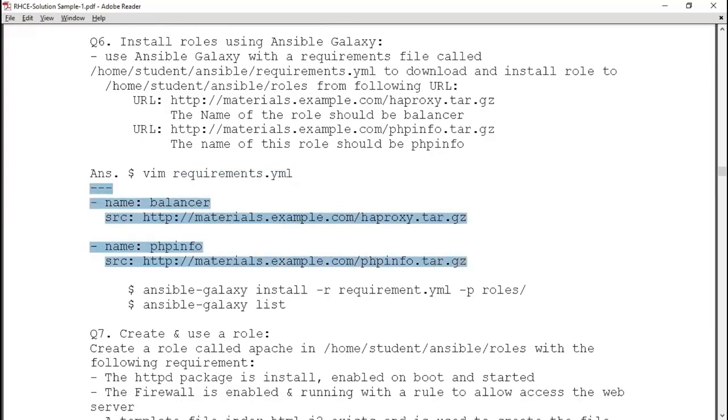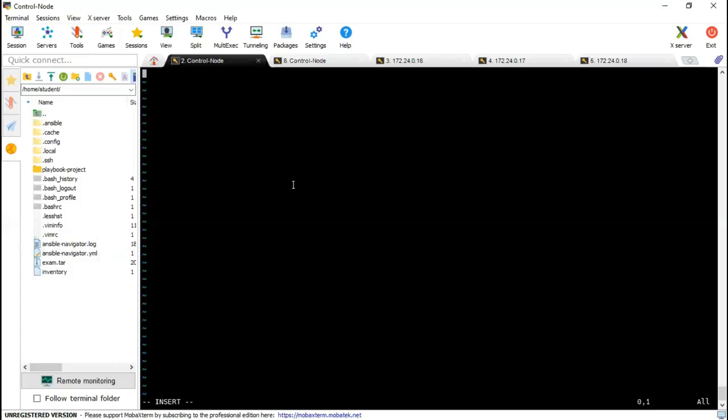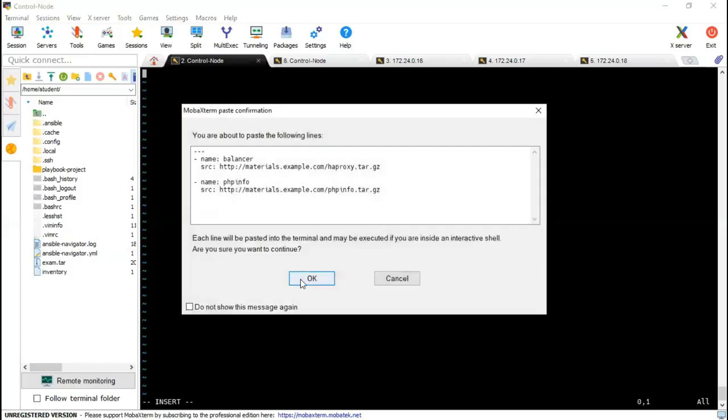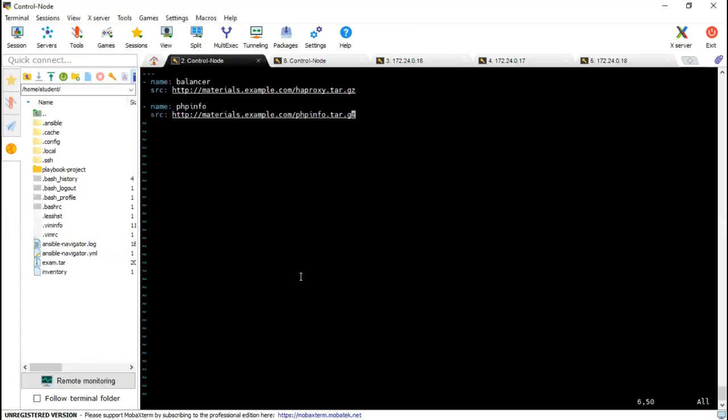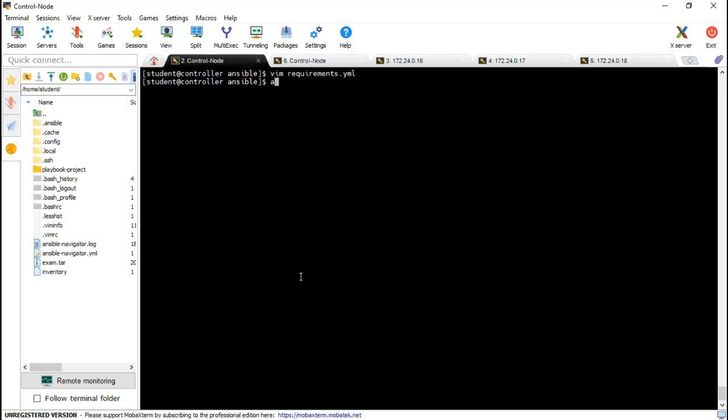You can copy the location from the question as well. Just copy and paste it in your requirements.yml. There it is. Save, come out, and I can run ansible-galaxy install -r requirements.yml -p roles.